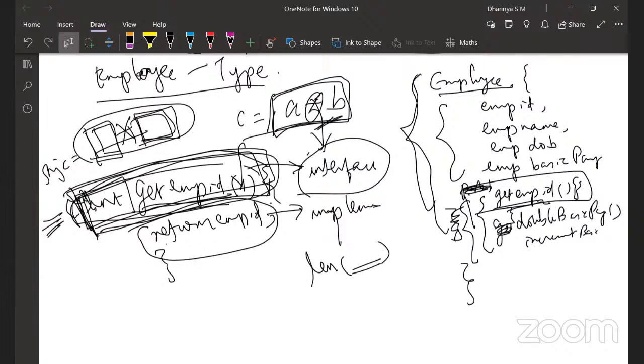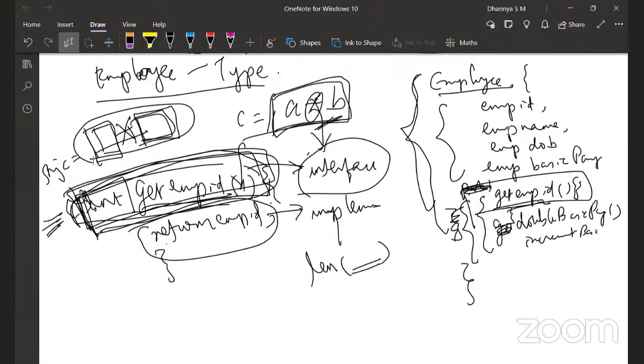How does a data type differ from an abstract data type? Abstract data type is a type of data type.